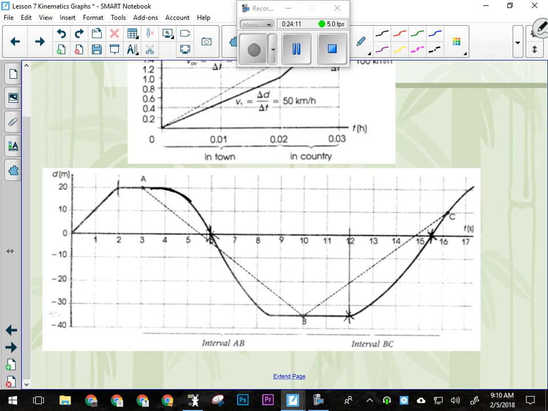what's the object doing right here in this part of the graph? Now it is accelerating, and it's accelerating which way? Negatively. Yeah, it's accelerating backwards. The line is getting steeper in a negative direction. Whereas here, the object is accelerating positively because its velocity becomes less and less negative until it actually becomes